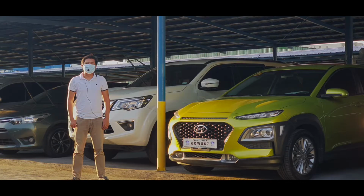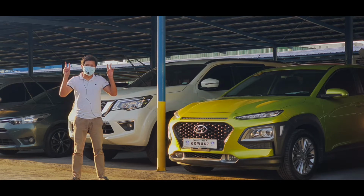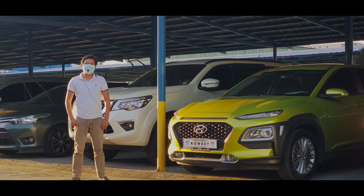The Kona is a subcompact crossover SUV produced by the South Korean car maker Hyundai since 2017. Its name is derived from the western district of the island of Hawaii, which reflects the lifestyle of modern customers. And it's also in line with Hyundai's new progressive design language. The naming also continues Hyundai's tradition of naming its crossover SUVs after famous travel destinations such as Creta, Tucson, Veracruz, and Santa Fe. This model we have right now belongs to the first generation pre-facelift and it's no other than